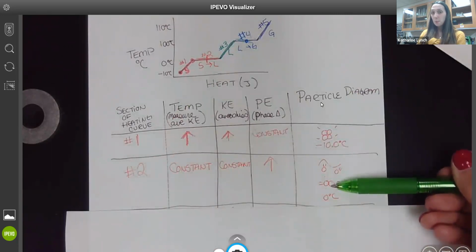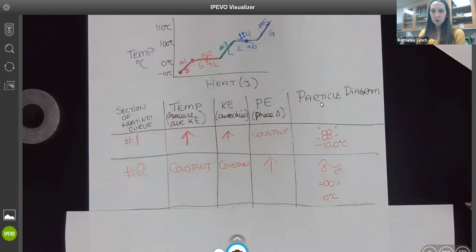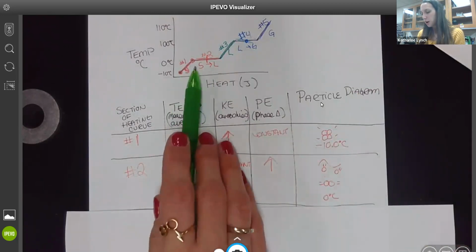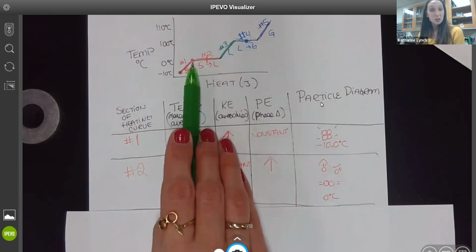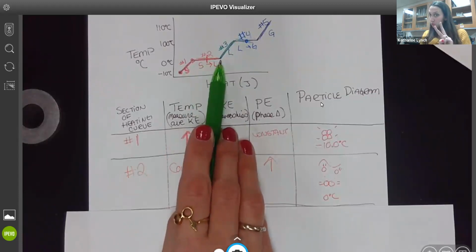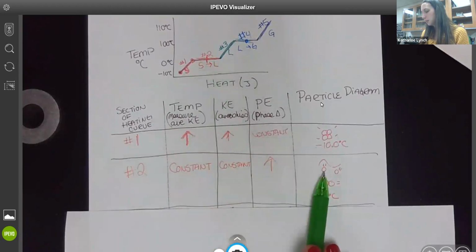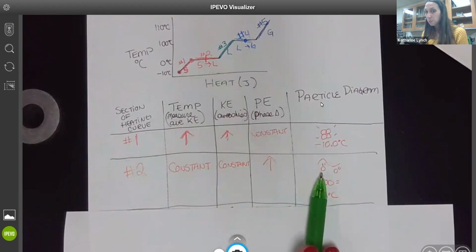Remember, these are just particle models, so they're just going to be a representation of what's going on at the atomic level. If I was drawing this point right here, I would still draw 2 swooshies, 0 degrees Celsius, but all solid. If I was drawing this point right here, still two swooshies, but I would be drawing all liquids. I chose to draw the midpoint, liquid and solid, these particles all at 0 degrees Celsius represented with two swooshies,